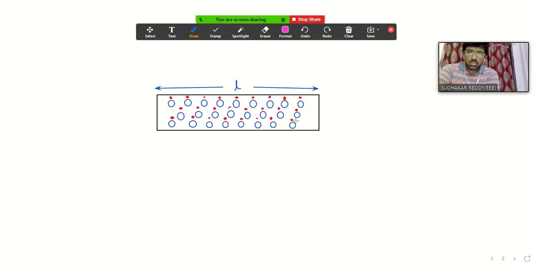For suppose, consider this electron itself. While moving, this free electron will collide with the immediate immobile positive ion. Yes or no? Again, after colliding with this immobile positive ion, the same electron will again collide with the next immobile positive ion. Again, it will collide with the next immobile positive ion. That means if you consider this free electron itself, if it has to reach this end point, it has to make collisions with almost 6 atoms.